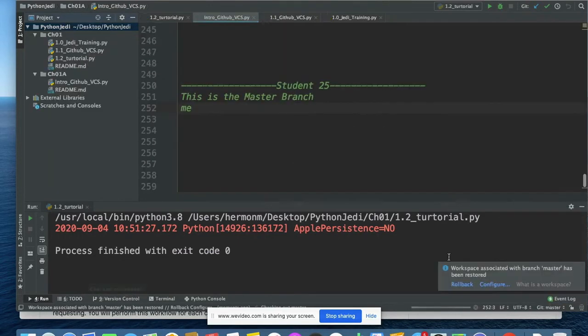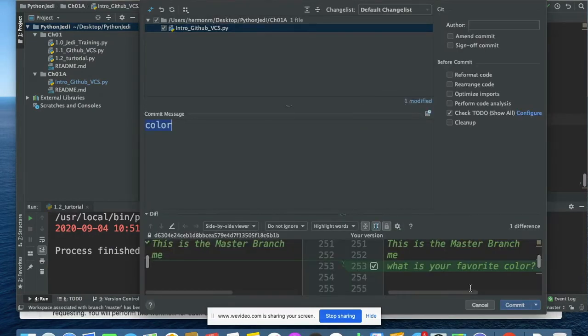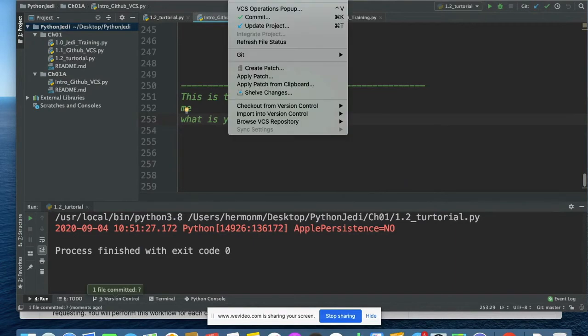Master checkout, and see if this is what we still had back on our master, right? So I'll do another thing. What is your favorite color? I'm going to commit that. Color question mark? Okay, whatever. Commit. Okay, so what I want to do is I want to come up to VCS Git, and I want